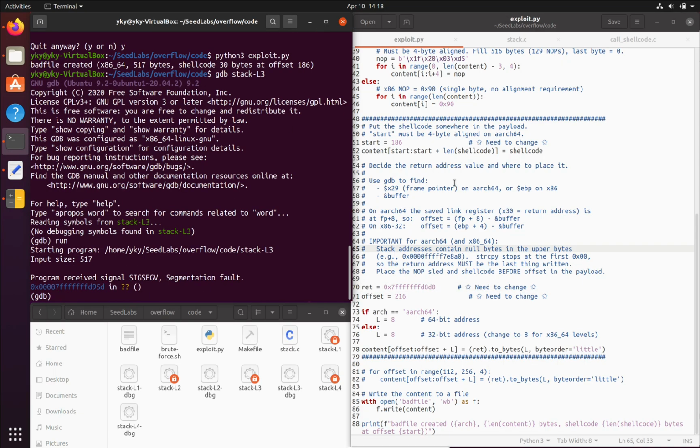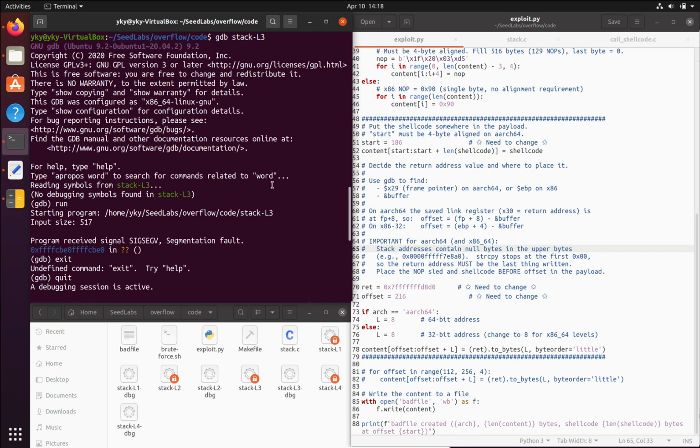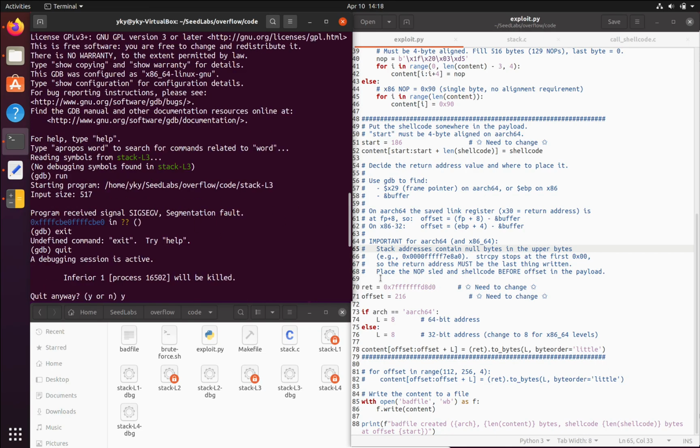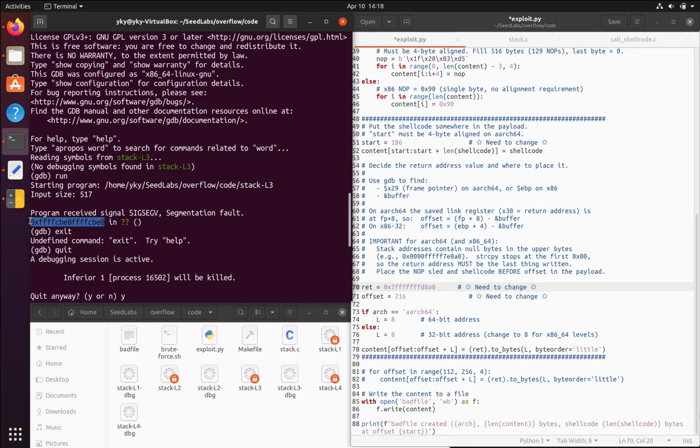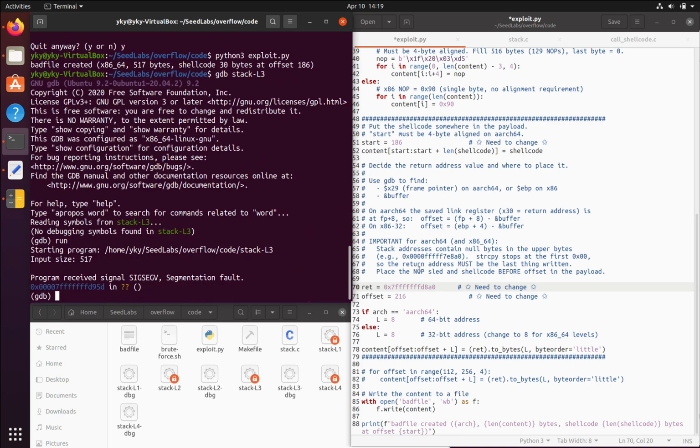All right, back to level 3. So I have made some changes. Previously I was setting this D8A0, right? And we are receiving this type of address. So this address is different. What we want to show you is that this address is because we haven't correctly landed into the no-ops slide. And once we make it a little bit bigger, for example, we set to